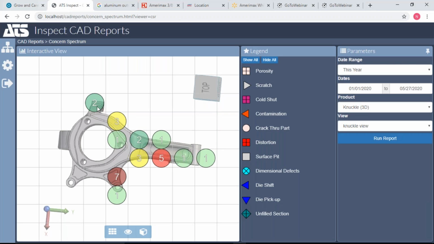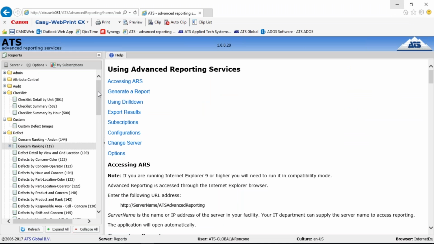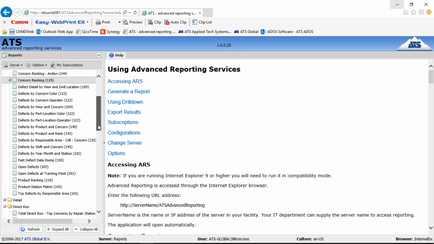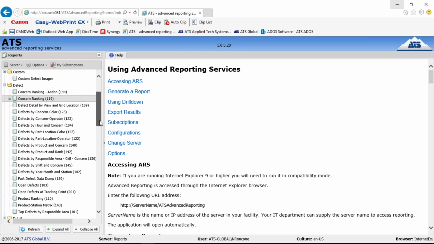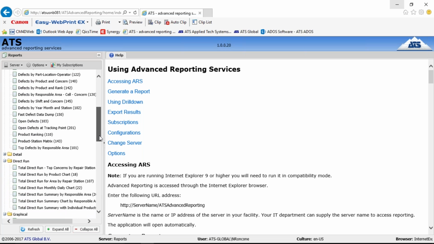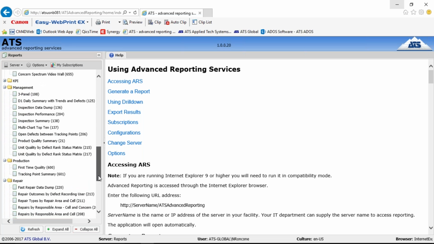And I'm going to do that here. Actually, I'm going to call up a different set of charts first. So here you'll notice in the reporting, I have a series of reports down on the left-hand side. The software has over 80 out-of-the-box reports. They're categorized into different types of reports, such as defect analysis, direct run analysis, graphical reports for defect mapping, management